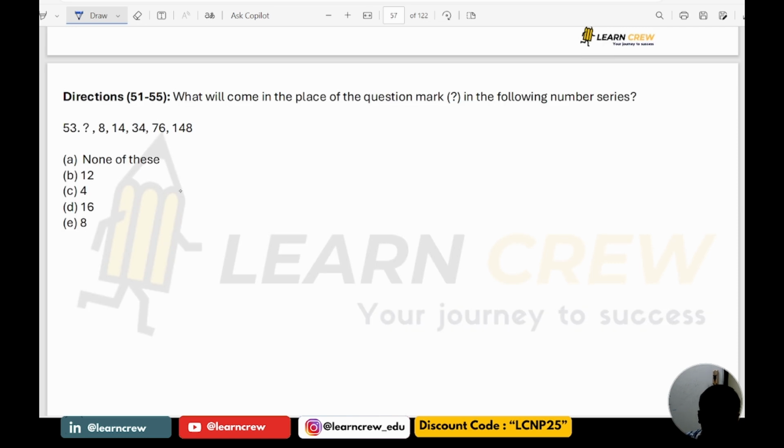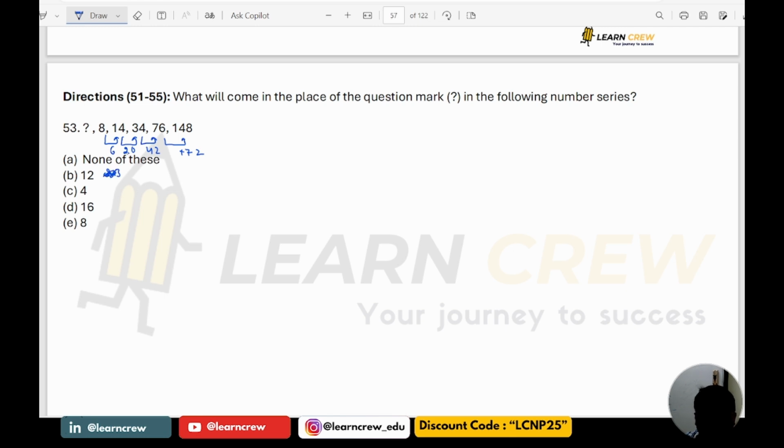Next, 8, 14, 34, 76, 48. So here difference is 72. Here difference is 42. Here difference is 20. Here difference is 6. It is 2 3s are